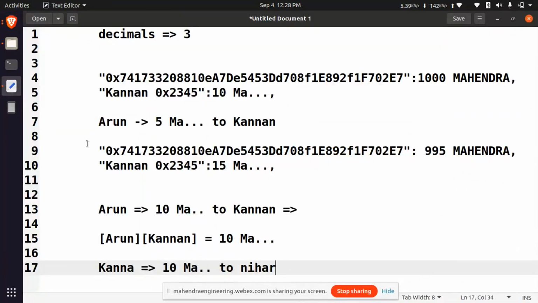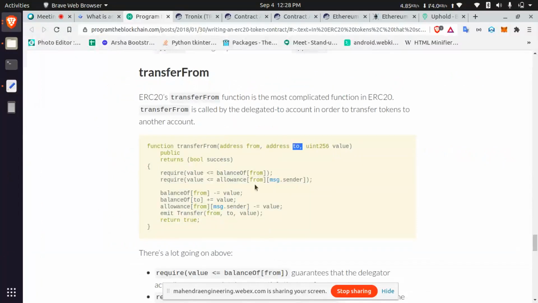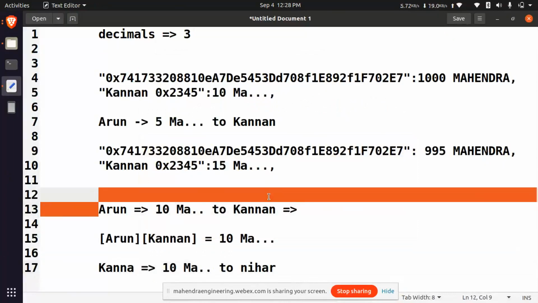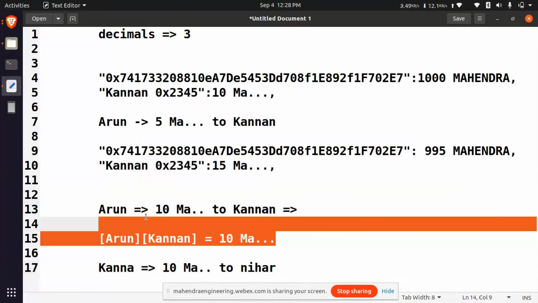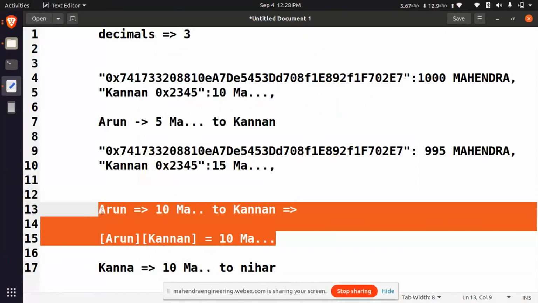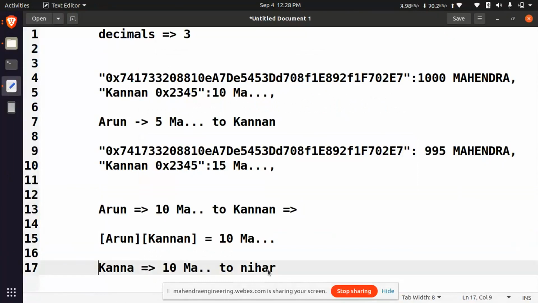The same transfer function, subtraction and addition, will happen here. Let's see the value they are checking: does he have a balance or not. Actually, in this step the transaction does not happen, the token transfer does not happen. Only at this place will the transfer happen.